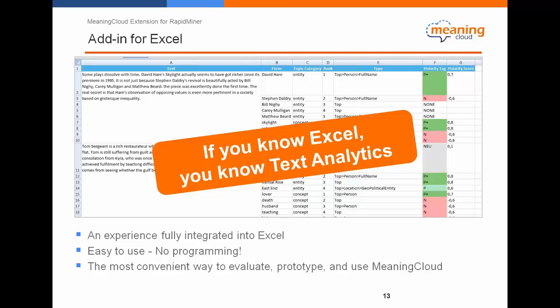We're trying to make MeaningCloud accessible to data analysts and non-technical users. The idea is you paste your text into Excel, you click a button in Excel, and the add-in sends the text to the APIs, and the result is presented in a very convenient way within Excel.